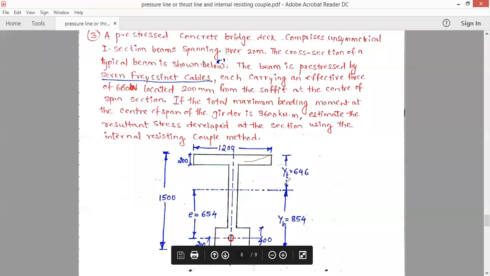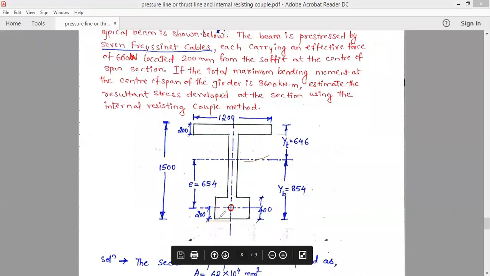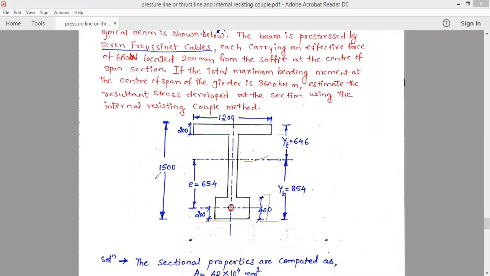So from the bottom of the beam it is 200 mm, here to here it is 200 mm, right? And total depth is here 400 mm. So we have calculated in the previous classes the location of the CG point. Here is the neutral axis for this beam. So this is the CG of the concrete member. With respect to this, we are going to calculate YT and YB.